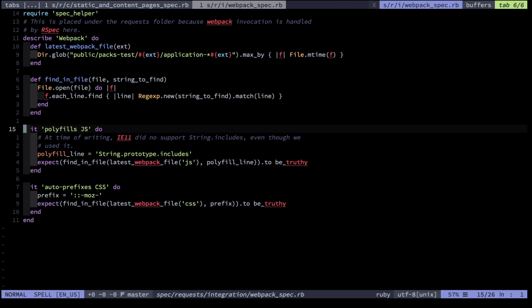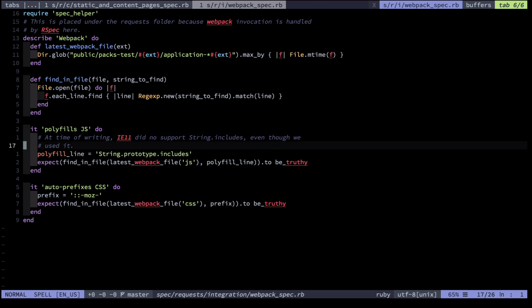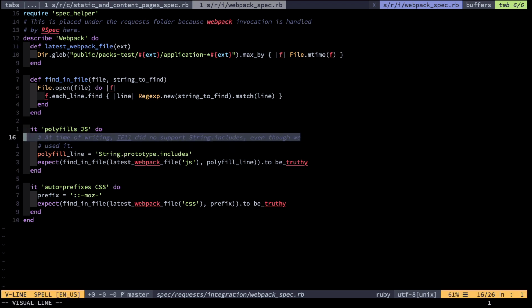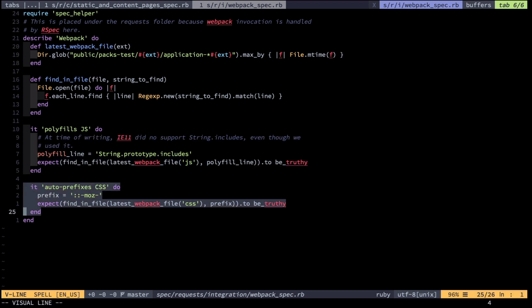they have between updates, that things like my polyfills that I use to support IE11 and other weird browsers stop working. Therefore, I do little checks to ensure that the polyfill continues being present within my generated code. I also check for things like auto prefixing of CSS.